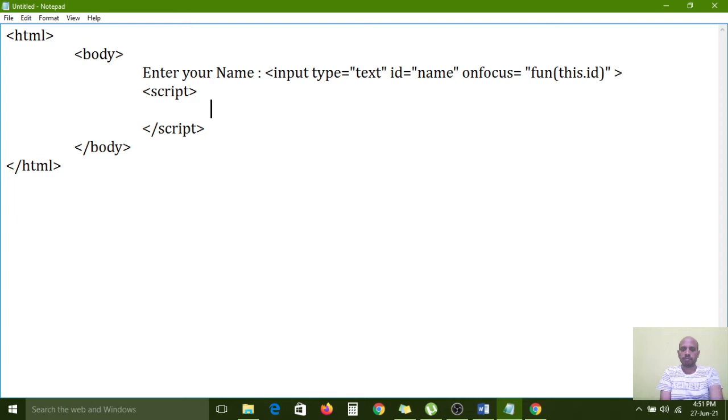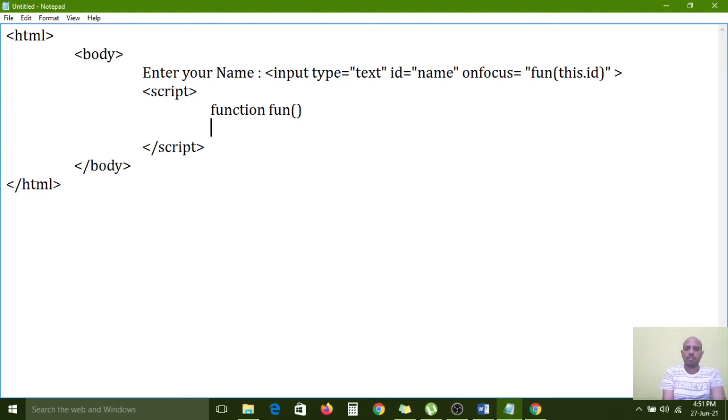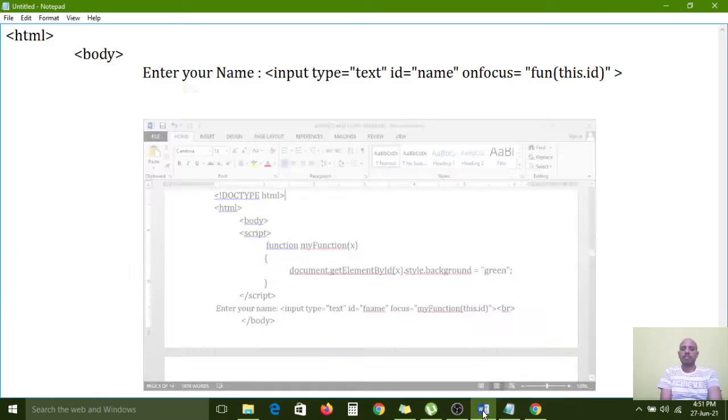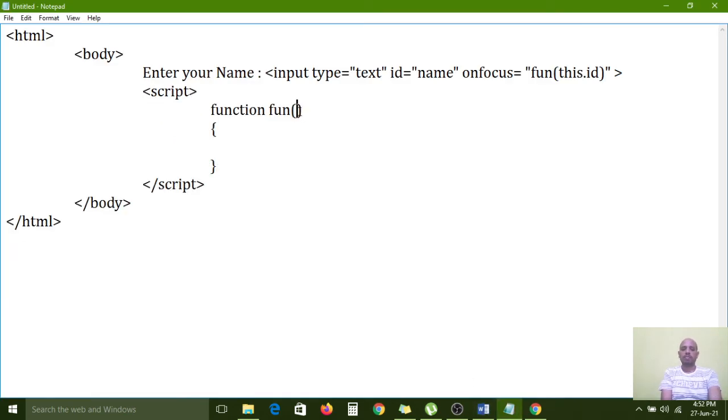Here function of, now I am opening bracket and closing bracket, right? In the function we need to pass one variable like x, because this.id is passing now, it is passing as an argument.